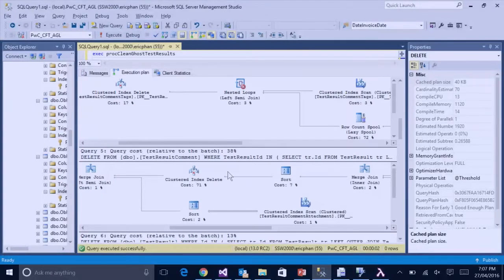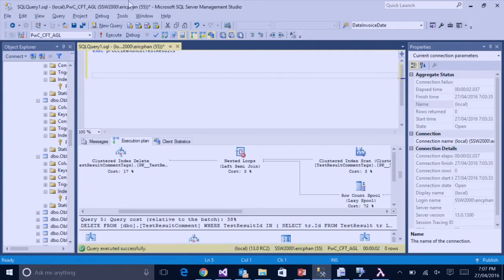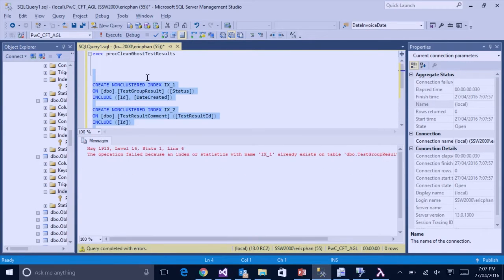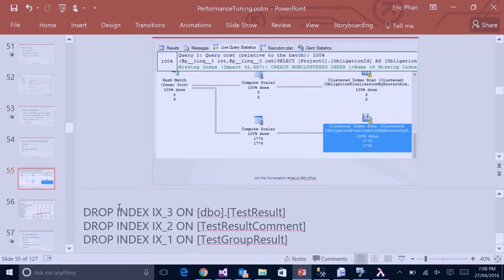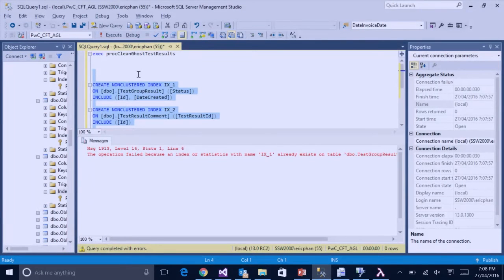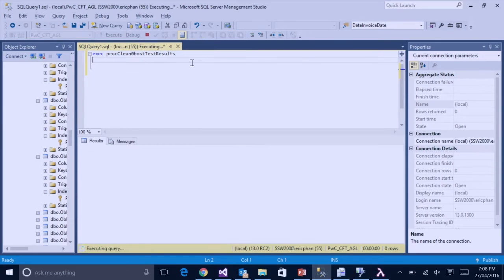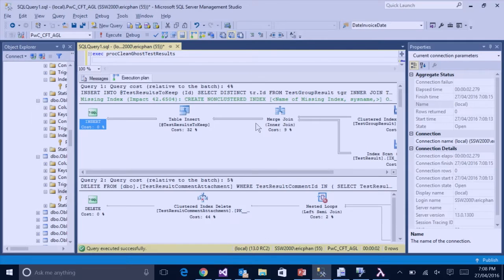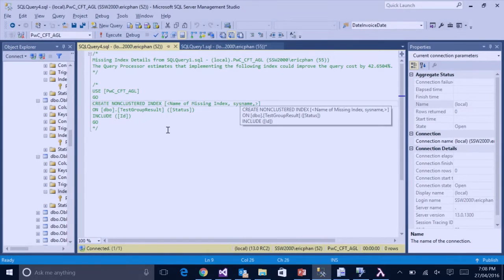And hopefully see a performance improvement on this. I've already got it. Let me drop them. All right, I should actually rerun that so that you can see all the suggestions that it gives you. There we go. So you can right-click that and say missing index details, and basically say, all right, so for